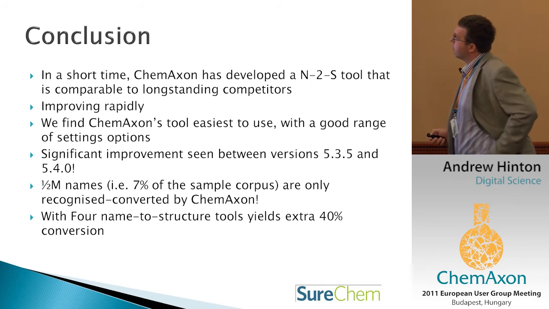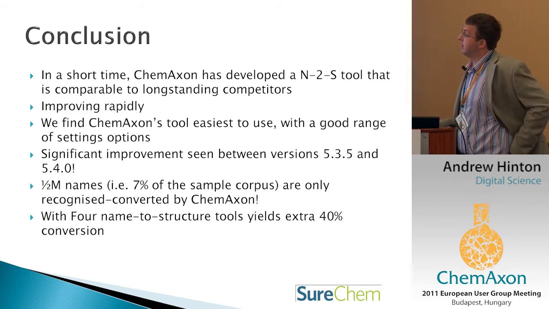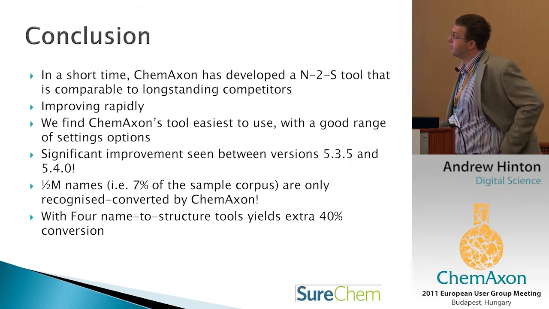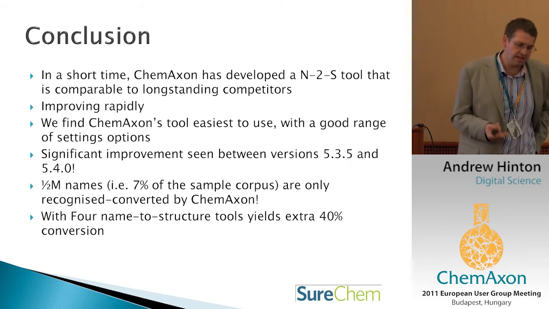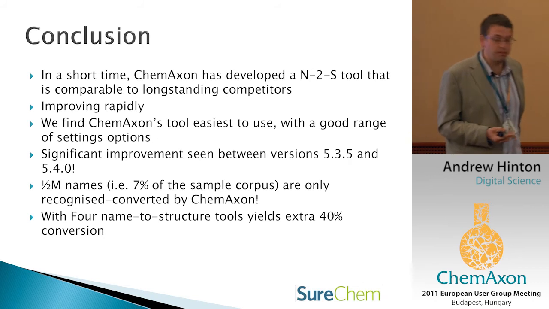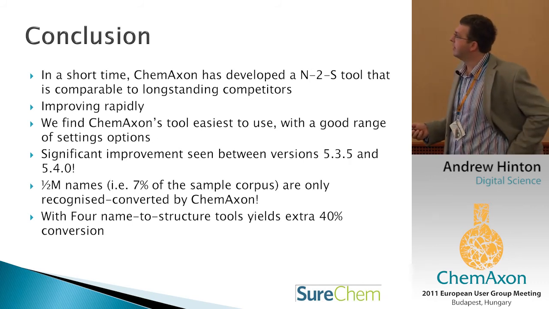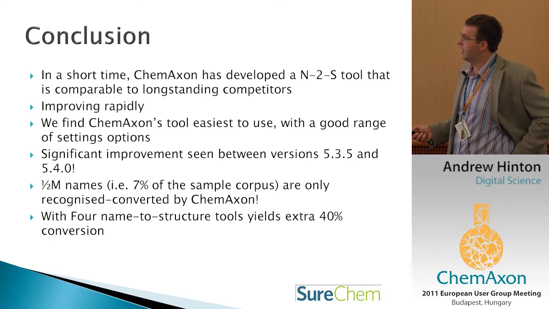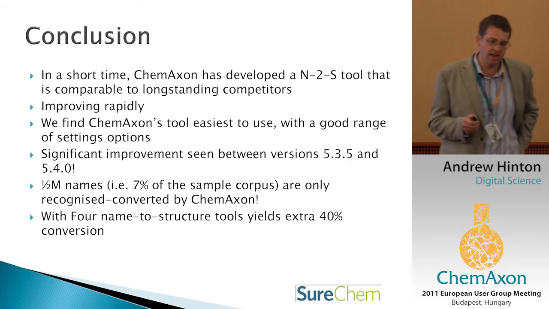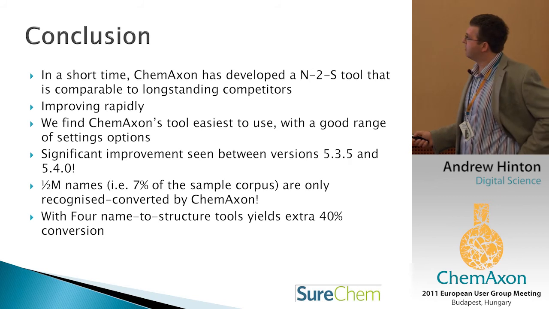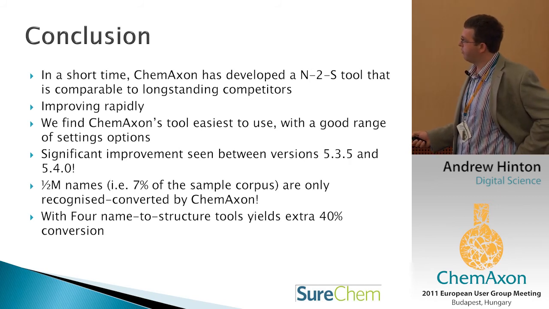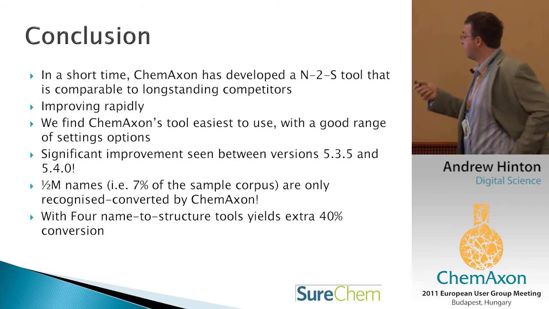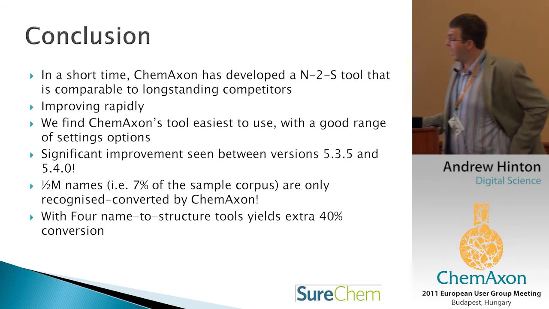When we use it in terms of the API name-to-structure, we find that it's got a good range of setting options. It's fairly straightforward to implement, and that's a big overhead. And actually, speed is one of the key things for us, and the speed that it gets us is really important. We've seen rapid improvement in the more recent versions, and finally, the key message is, in our hands,